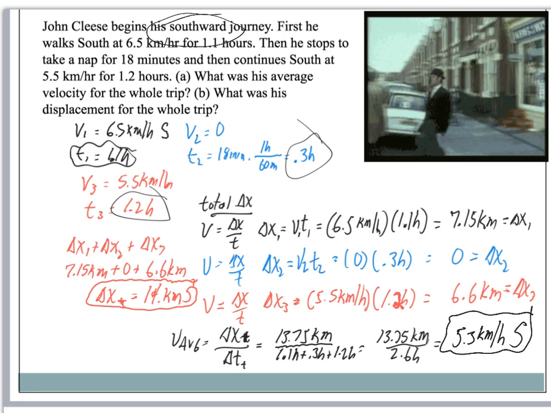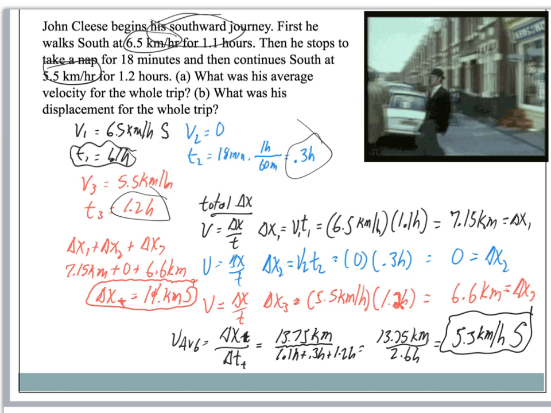One more note of caution. A lot of students have, in the past, asked about adding up all of the speeds and dividing by 3. And when you do that, if you add up 5.5 kilometers plus 6.5 and then divide it by the number 3, you get 4.58, I believe. So you don't get 5.3. So you cannot do that. The only way you could do that is if all of the times for each speed were equal times.